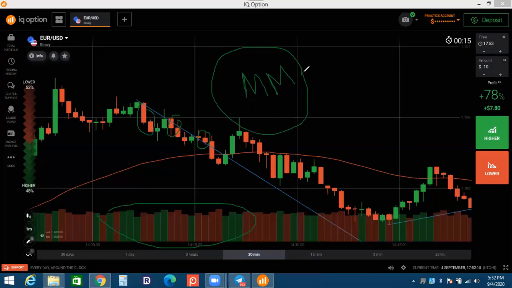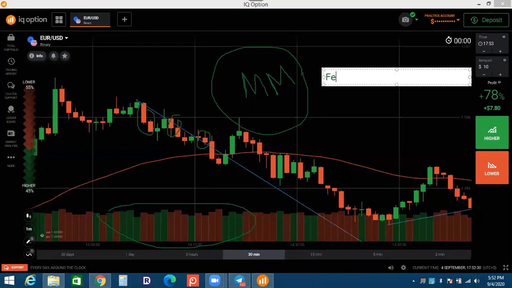So the money management system is very, very important. I'm telling you again, very, very, very important. What will the money management system do for you? Fear will become 0. Fear is equal to 0. And greed is controllable in the money management system. When the greed is increasing, it means your account is near to being blown. So control your greed, control your fear. This money management system will work for you.